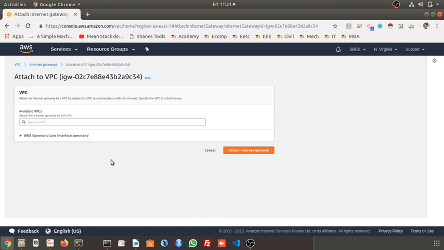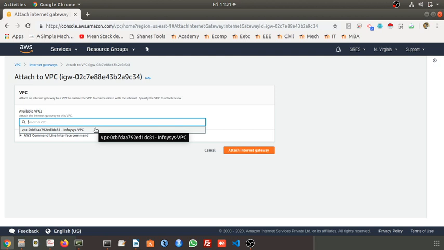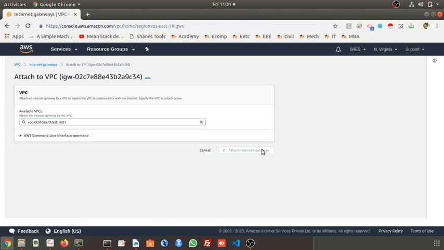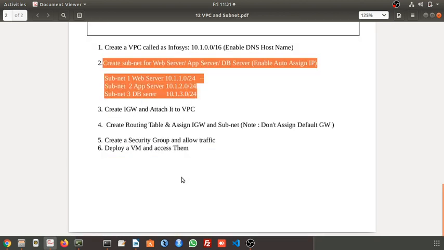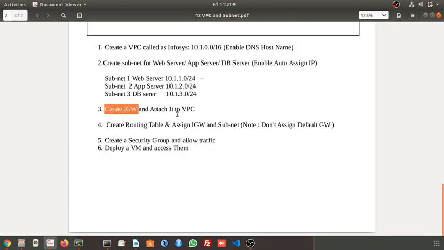You may have n number of VPCs, but which VPC? Once you place your mouse here, it will display the available VPCs. There is only one VPC, that is Infosys. Attach internet gateway. The internet gateway is also attached. The third step is completed.